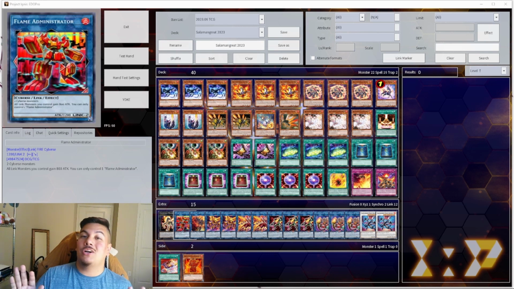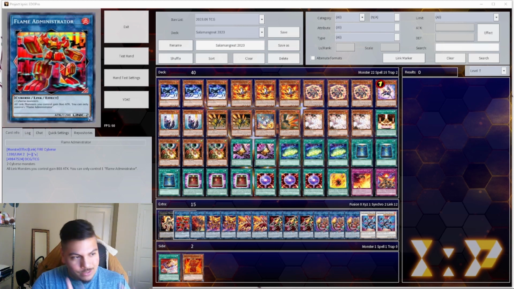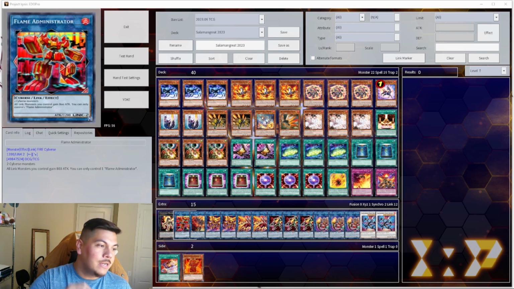I did not know this card existed. Actually, I was trying to research the deck and see what's going on. I saw a profile run this card and I said, that is really good. It pretty much increases the attack of all your Link monsters by 800 attack. You can only control 1. It's a fire monster. It's a Cyberse monster. It takes 2 Cybers to make, so easily goes into this deck and increases all your Link monsters' attacks by